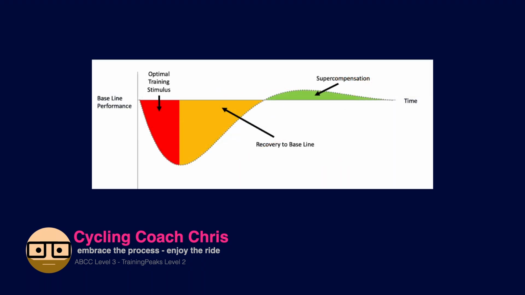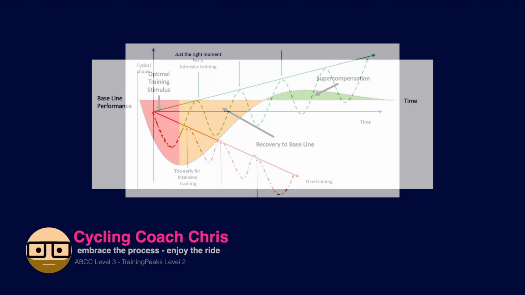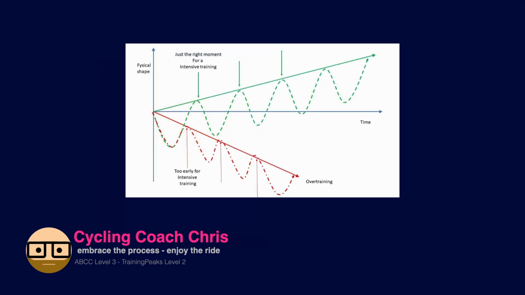and it is during this period when form is above the previous baseline that you should train again in order to make good progress. If you leave it too long, fitness will drop and then the form will eventually drop below the baseline. The green graph on this diagram illustrates progress and improving fitness if you train during the supercompensation phase. The red graph, however, illustrates what will eventually happen if you continuously undertake strenuous training too soon and prior to supercompensation. Performance will decline and could eventually lead to overtraining.